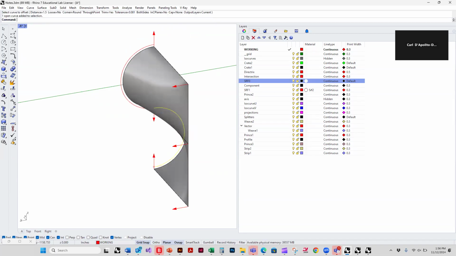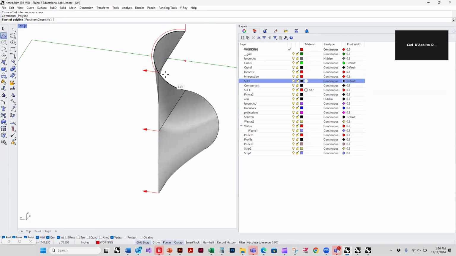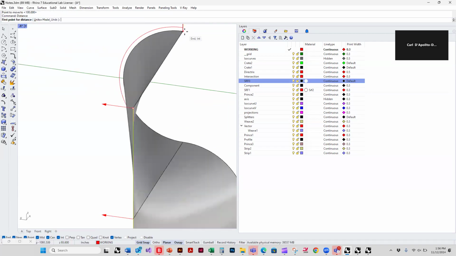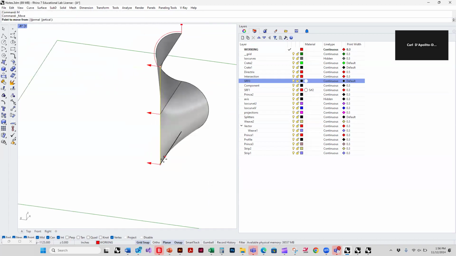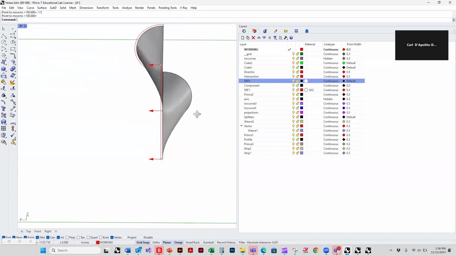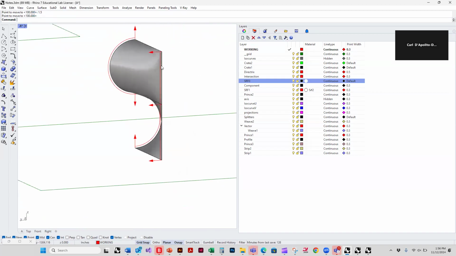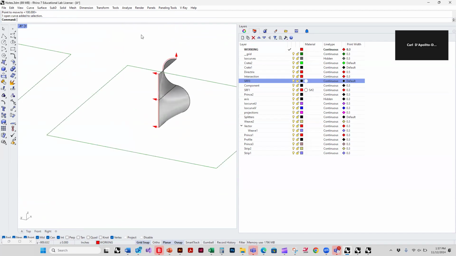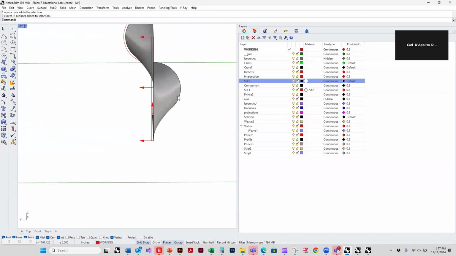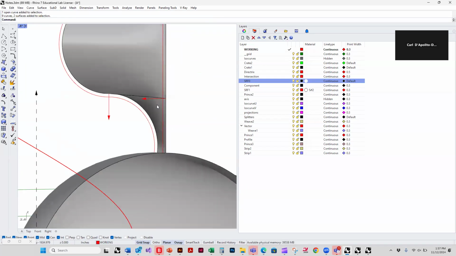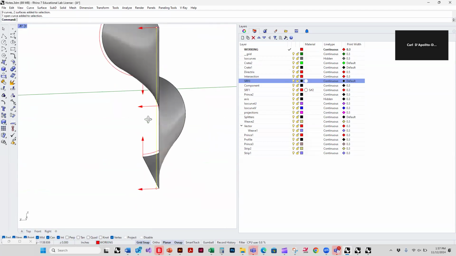And then over here, I just moved the curve by the same amount. And then what I wanted to do is to make sure that these would stack on top of each other. So what I can do is